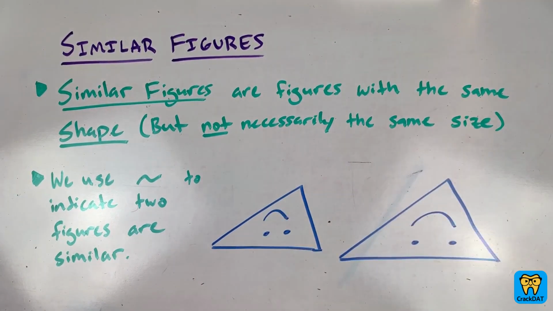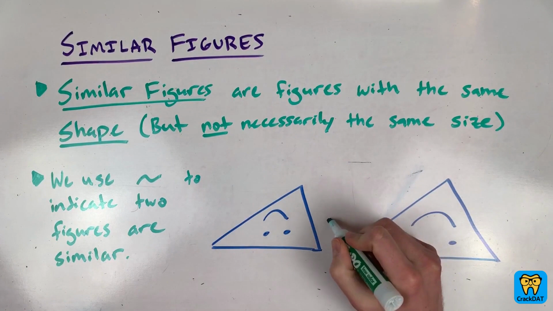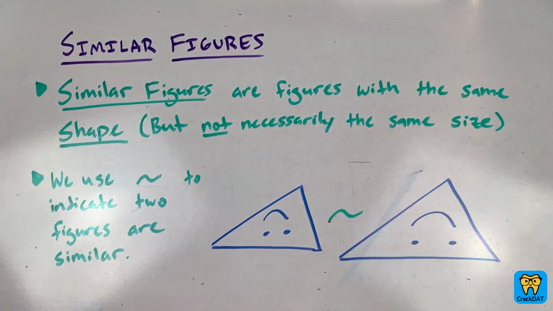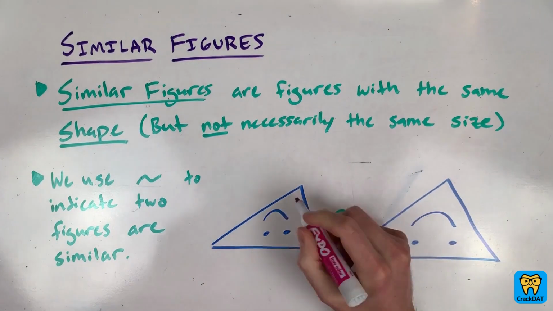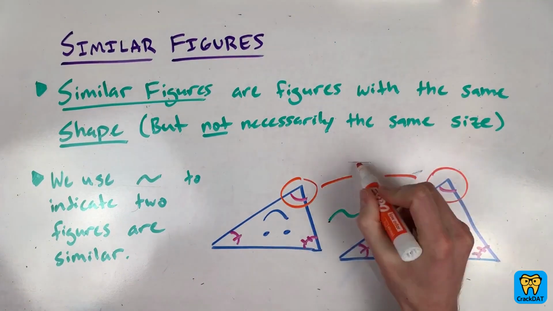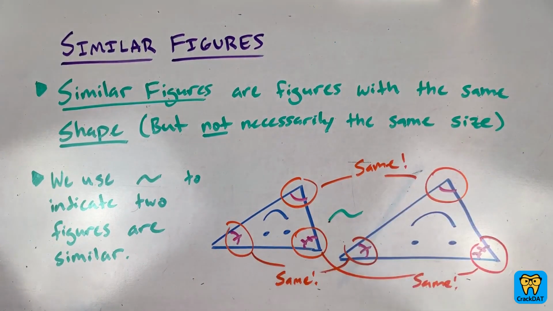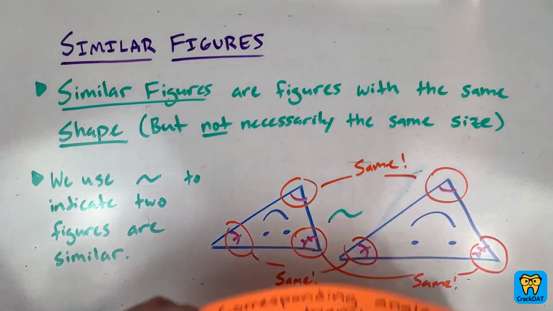This triangle is similar to this triangle, since they have the exact same shape, but this one's just a bit bigger. Notice that the corresponding angles on these two triangles are exactly the same. And that's no accident. Corresponding angles between